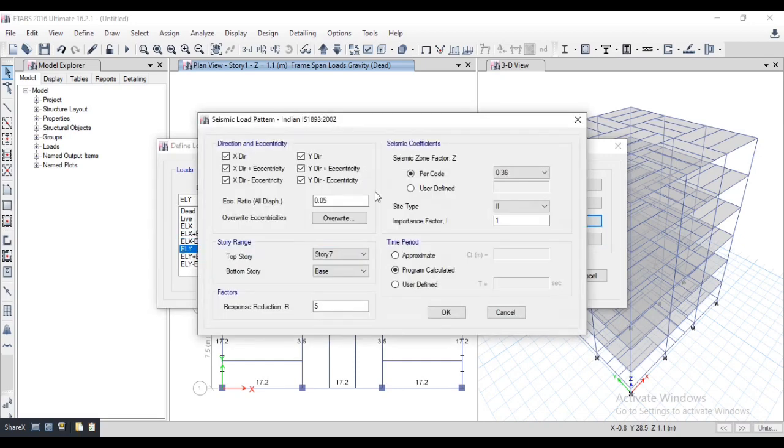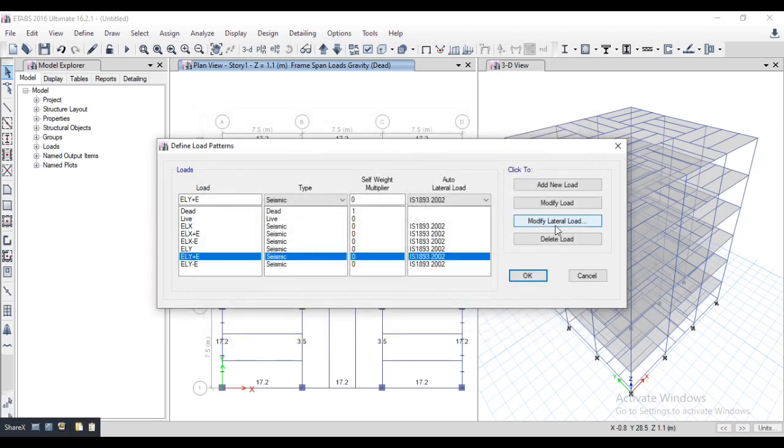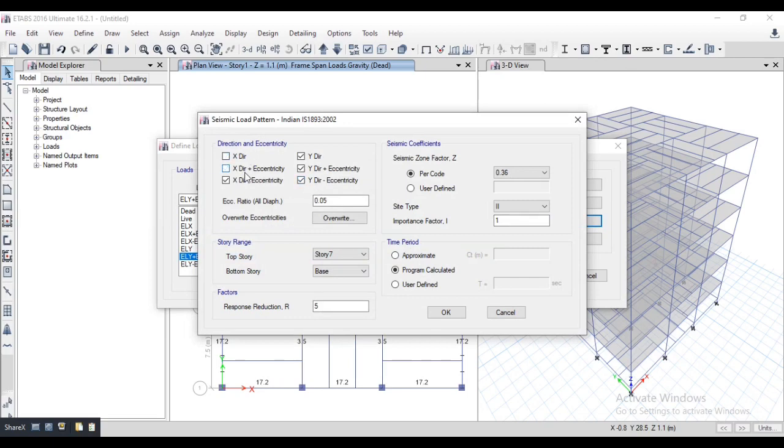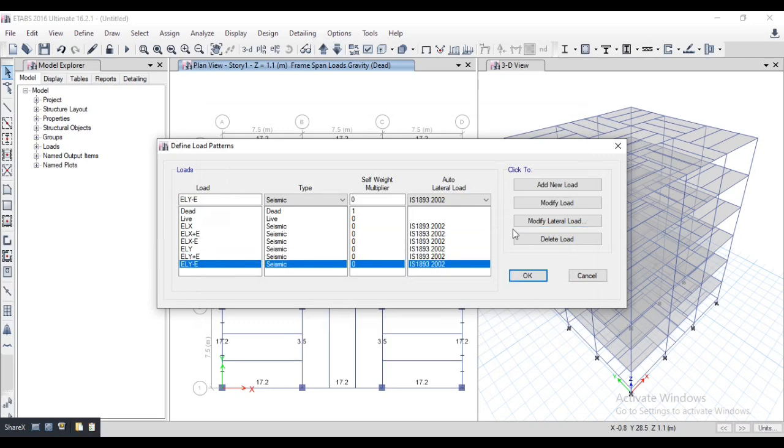In Y direction, 1.5. Time period is 0.97. Base story 1. Select modify.